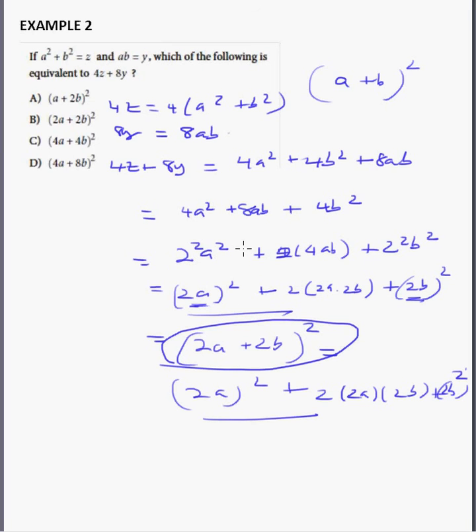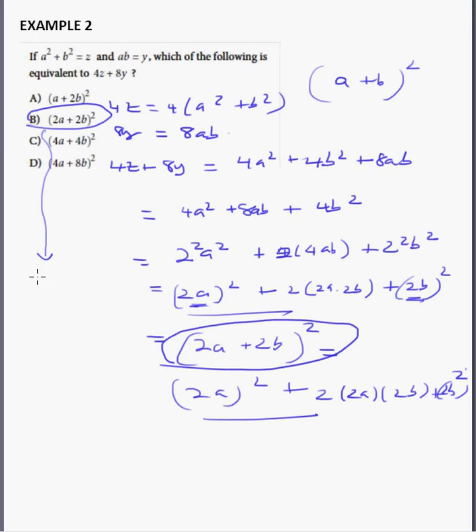Now, if you don't want to go through this process, you can go ahead and distribute directly and see which of them will give you 4a squared plus 4b squared, like that. So if you look carefully here, your answer choice will be B. If I take this here, so let's go back. If you do